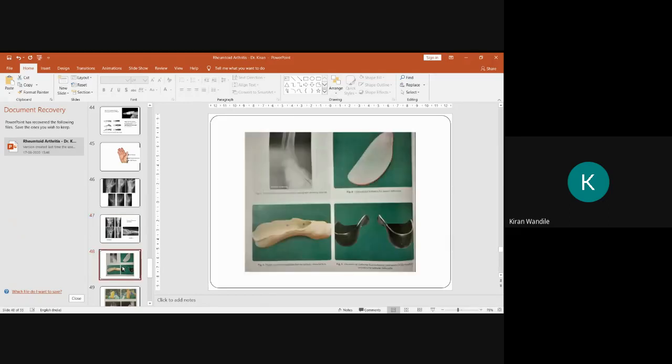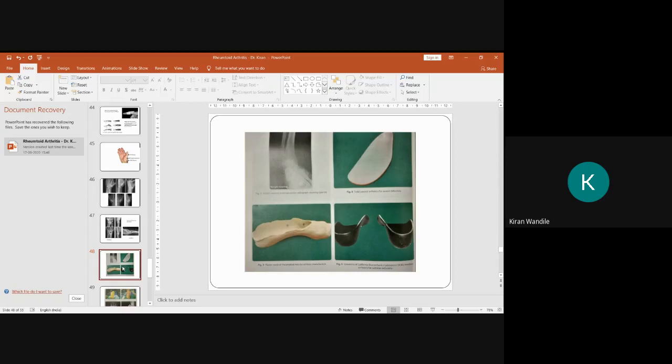So these are the various plastic molds which are done for the various foot deformities, which are called total contact orthotics for severe deformities of the foot. Plaster mold is given for the rheumatoid foot, and various orthotics are made. These are the various orthotics which are made for the foot deformities. So that is in the initial stages to avoid established deformities.